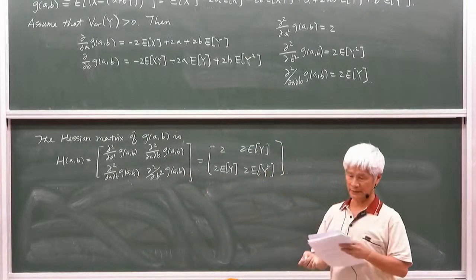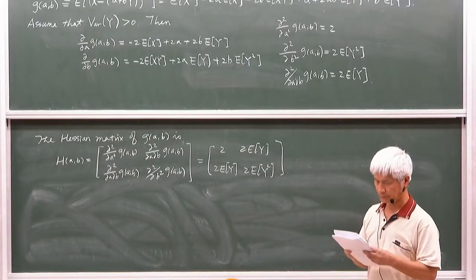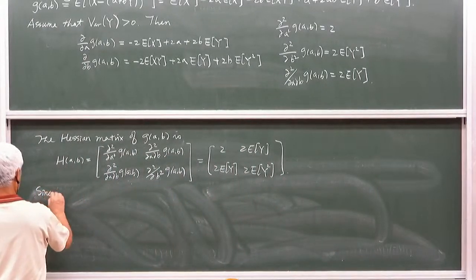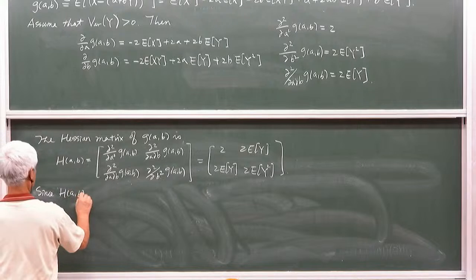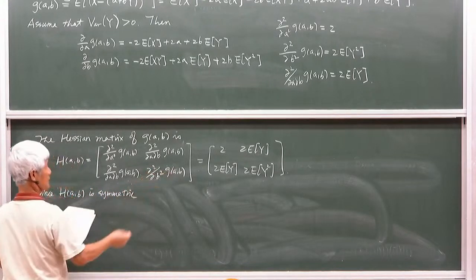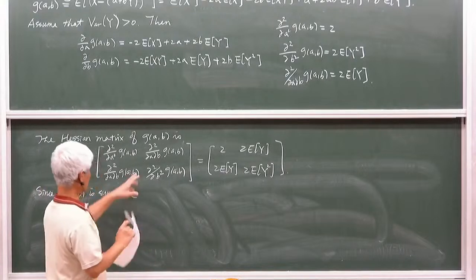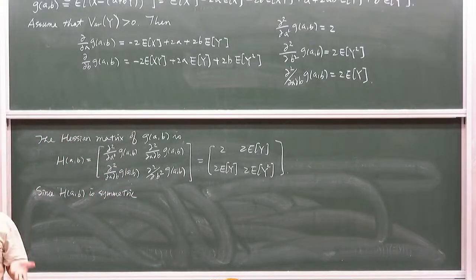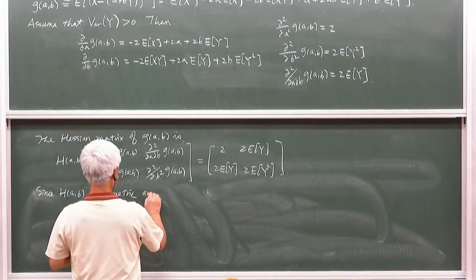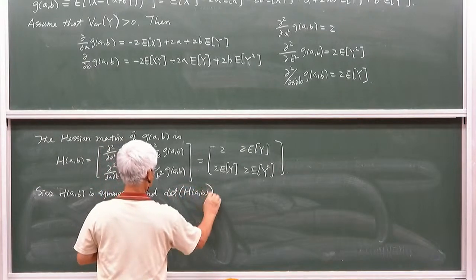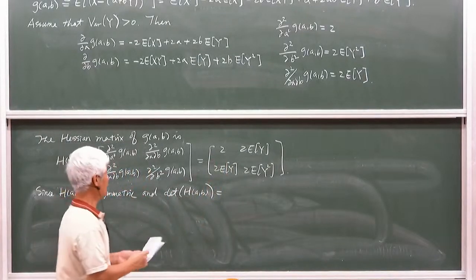So we have this Hessian matrix. Now, since the Hessian matrix is symmetric, of course, because the 2 mixed type second order partial derivatives are continuous, so they are equal, but actually they are constant here. And the determinant of the Hessian matrix, if you compute it, you see this is equal